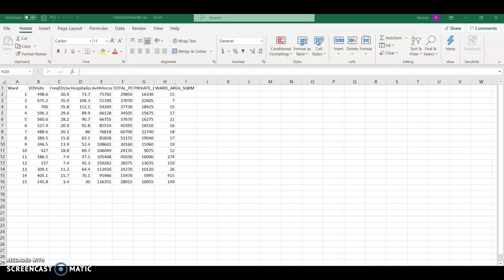This is assignment 1 for data manipulation techniques. And what we're looking at right now is the data that I'm going to be using for this assignment. This was taken from Open Data Hamilton, and we're going to be looking at healthcare in Hamilton by ward, specifically